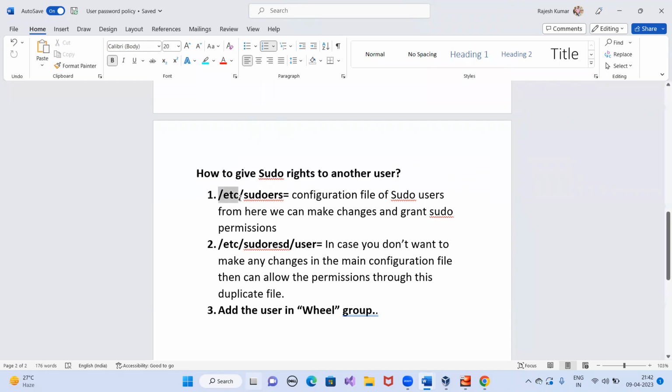So inside the etc, there is a sudoers file. In the sudoers file, you can grant sudo permission to any user. If you want to grant any admin level permission to the user, you need to make the changes in this sudoers file.